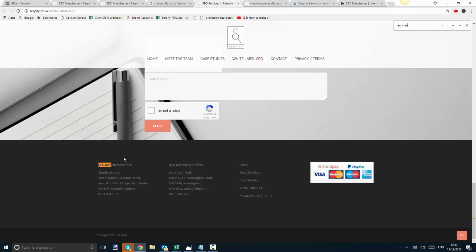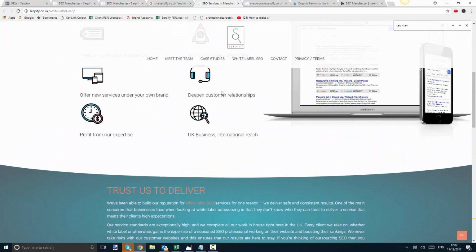SEO Manchester. That's good. We are talking about SEO Manchester on this page, but because it's the footer link, it's telling Google, hey, this page isn't about SEO Manchester, this one is. It's basically saying to Google and to the people that visit our website, hey, this is the page for whatever's written there. Okay, in this case, SEO Manchester. What we could also look to do